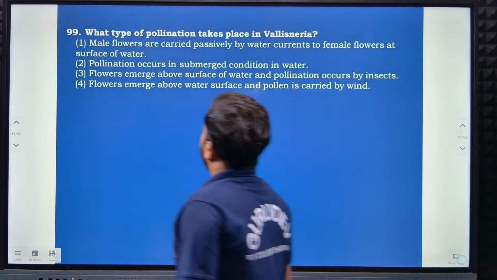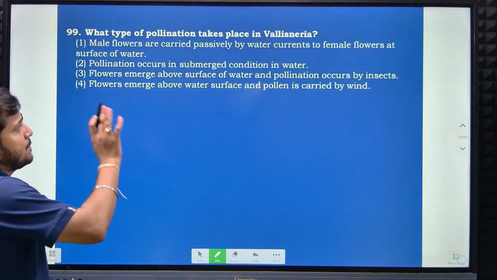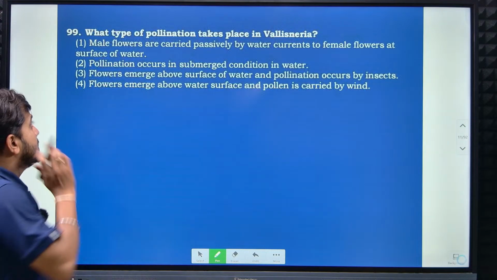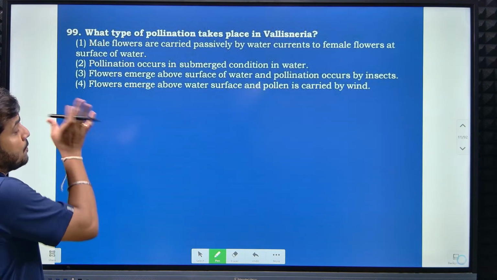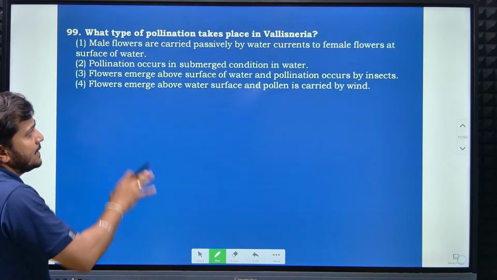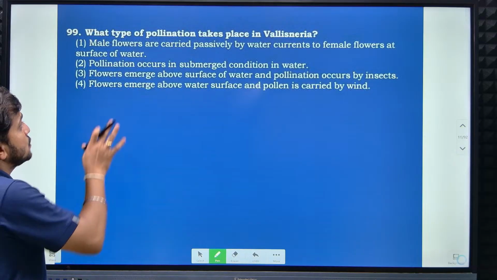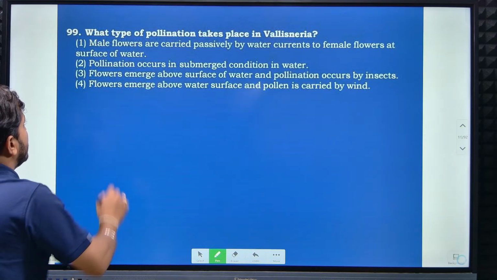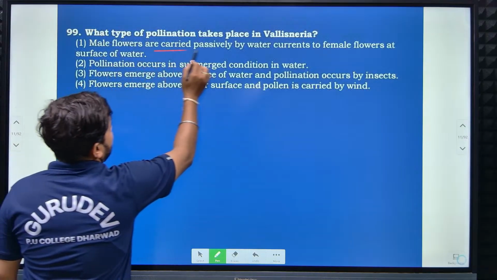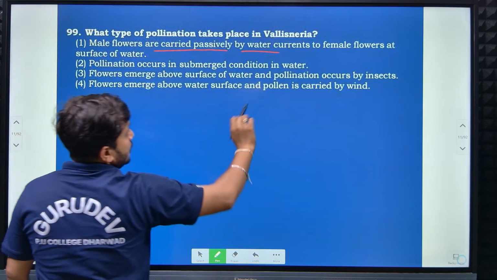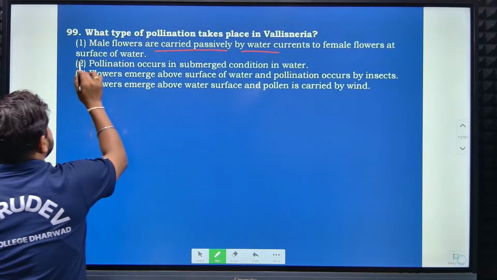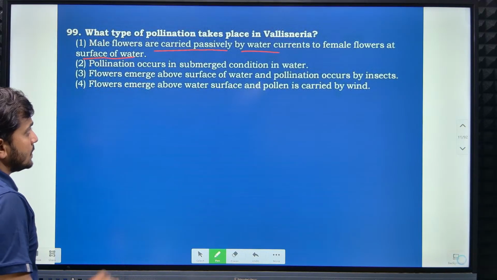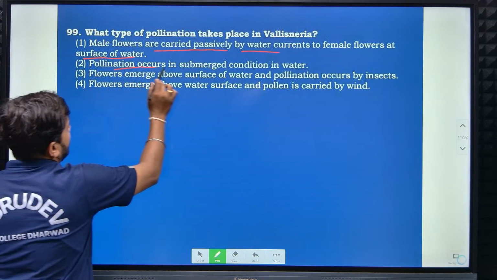Then what type of pollination takes place in Vallisneria, right? They have given some statements, and we have to find out which one is suitable for Vallisneria. Male flowers are carried passively by water current to female flowers at the surface of water, right? Then pollination occurs in